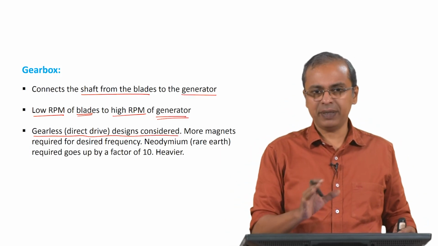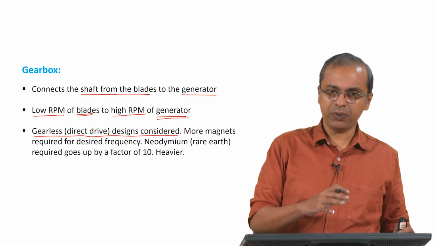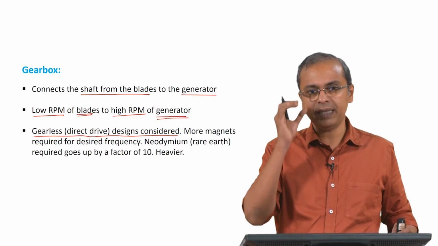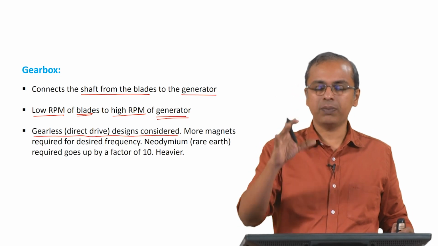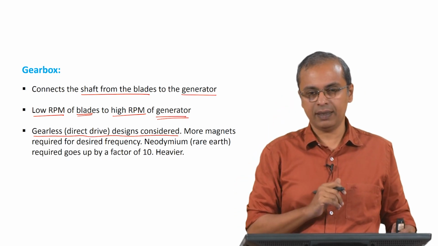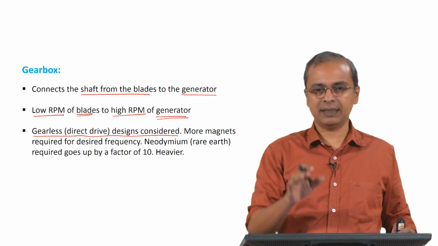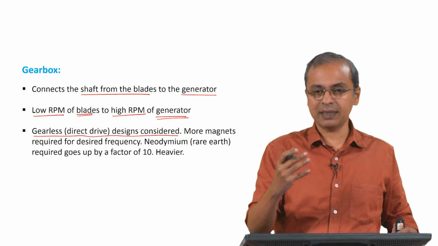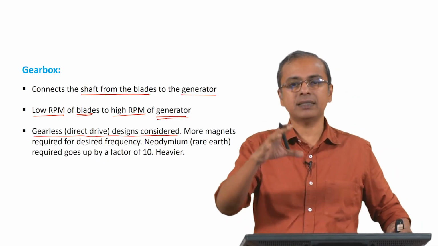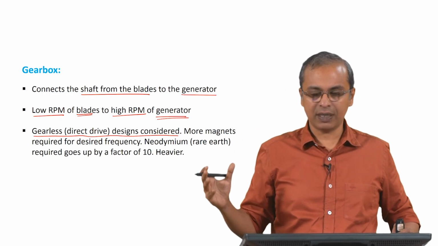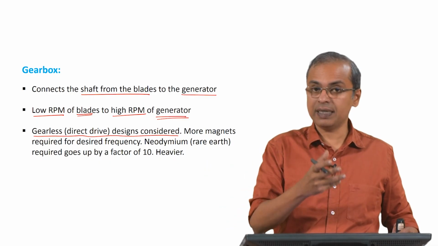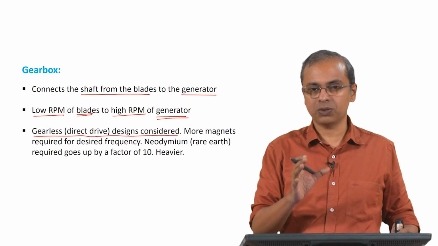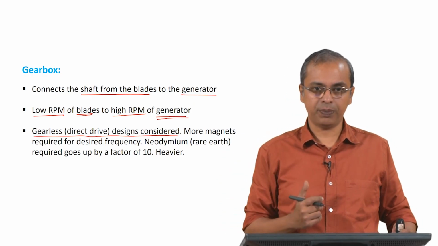So, there is a catch there. You gain some advantage, you lose some advantage also. So, one of the things being done here is that we say let us not worry about what is being generated by the windmill, let it generate whatever it can generate. So, we will not restrict the wind turbine. In some of these geared structures, where you are trying to get the electricity out from the generator to match what is required, we put restrictions on the wind turbine. So, we try to keep the wind turbine within a small range of operating points so that the electricity generated is appropriate. But